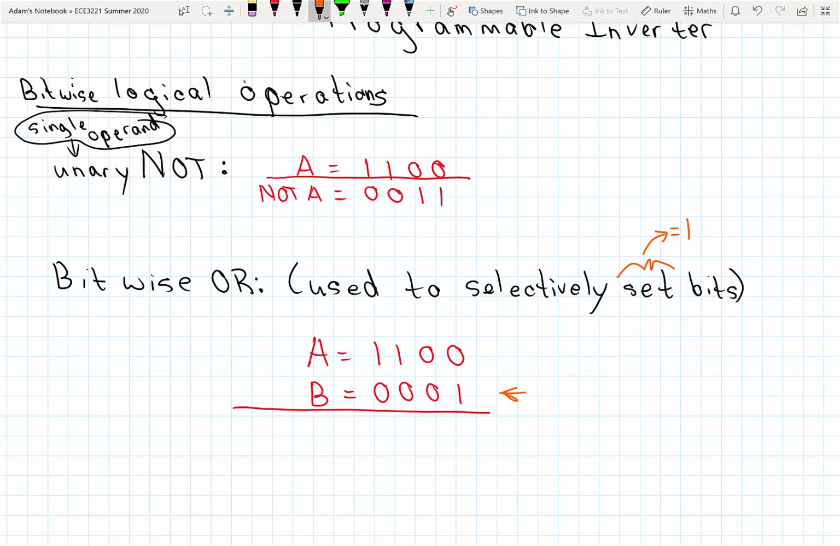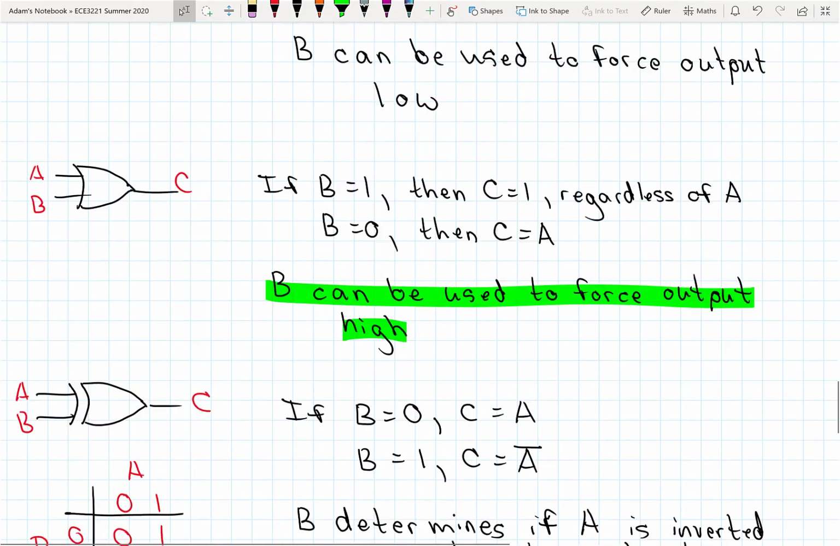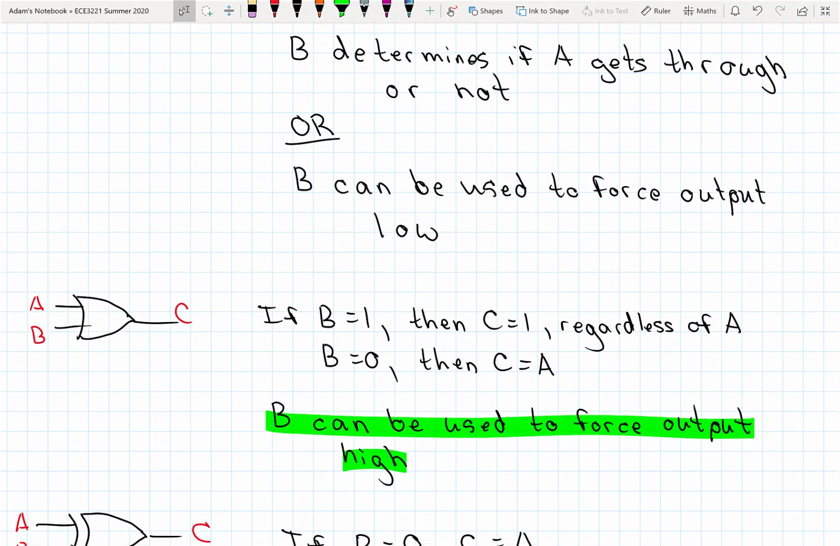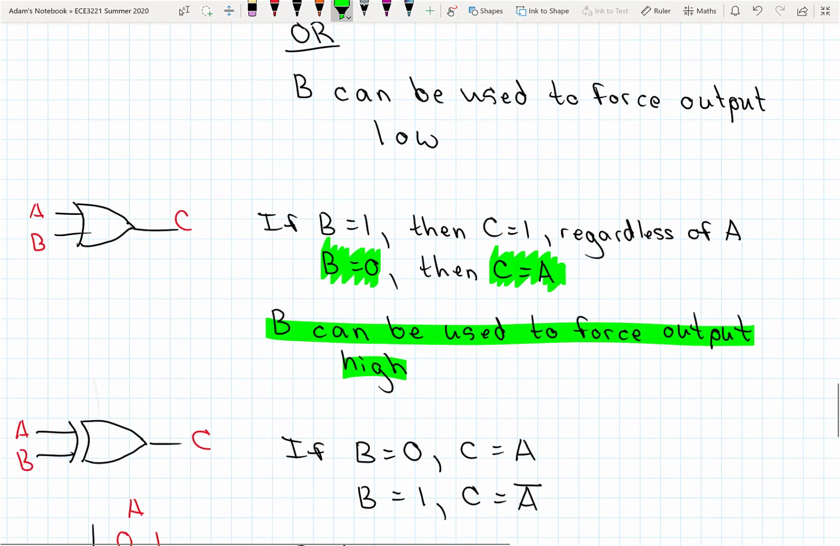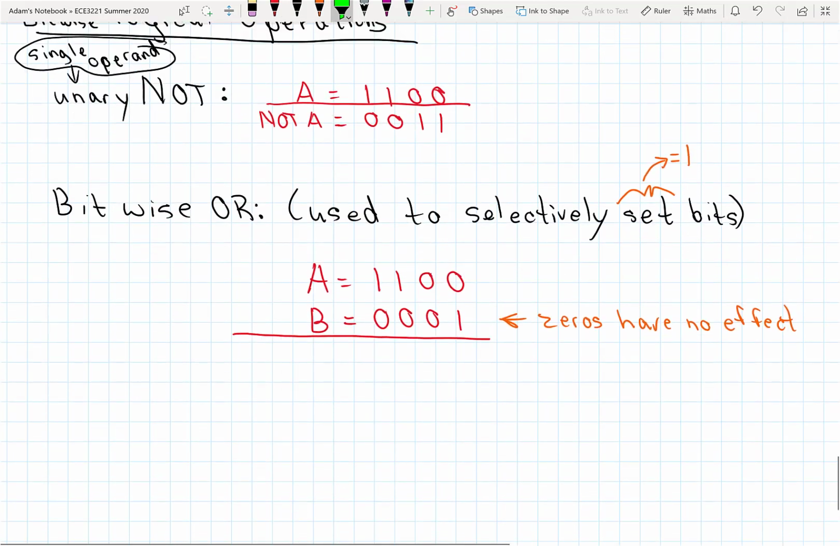Okay, so when using an OR operation, the zeros have no effect on the input as it goes to the output. Just go up here and remind yourselves that again, right? If we have a 0, the output just tracks the input of A. Okay, so following through with this, A